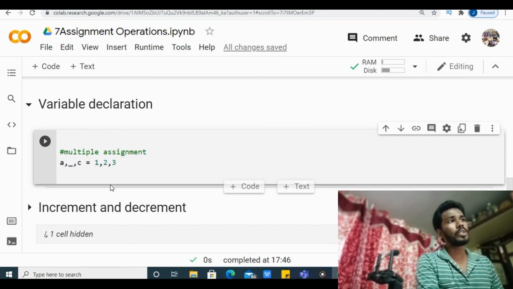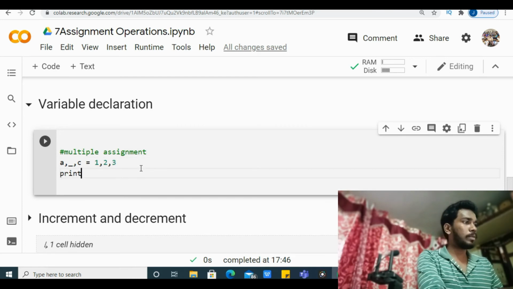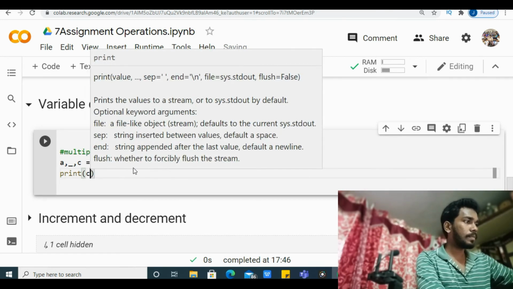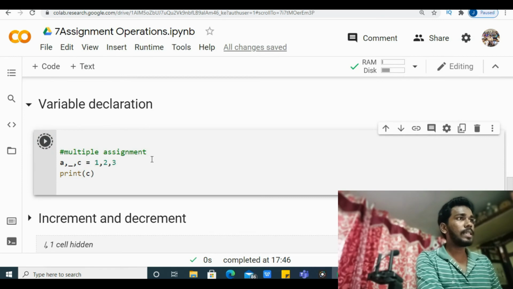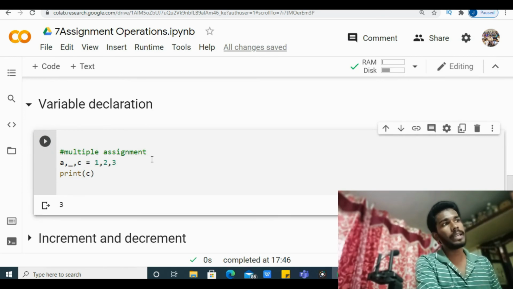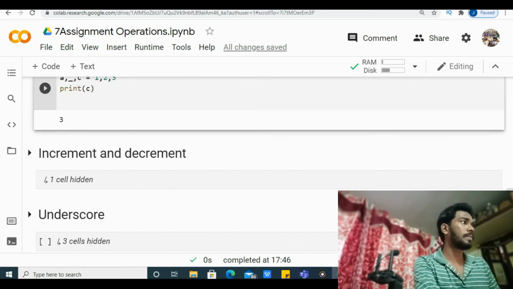Even this is possible. So the second value does not have any name. Now when you try to print c, let's see what happens. You'll automatically get 3. So this is how we can print multiple values using multiple variables in the multiple assignment concept.